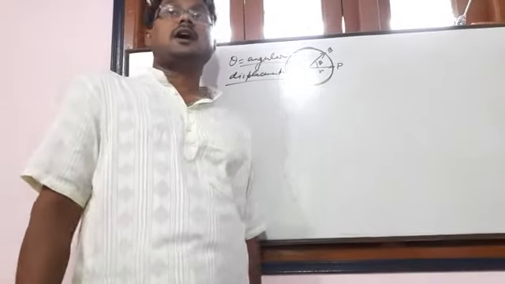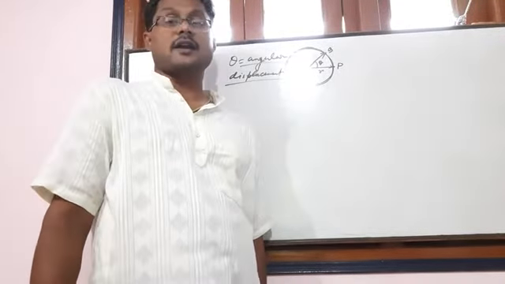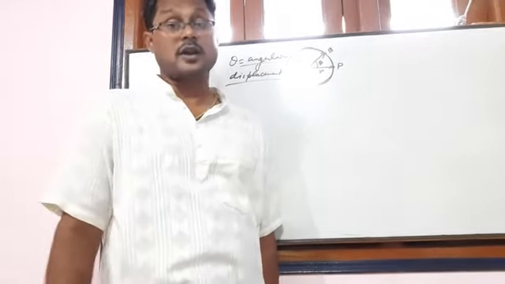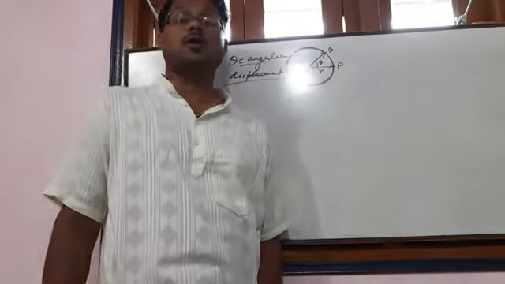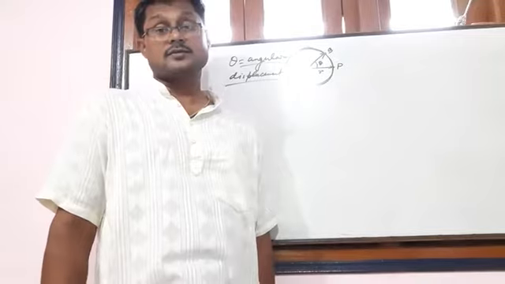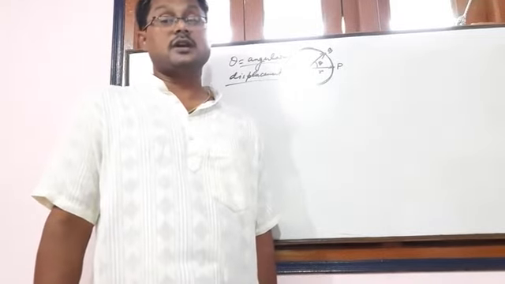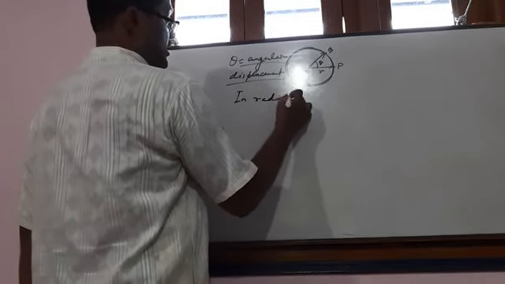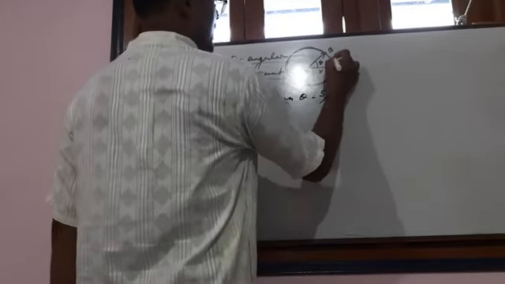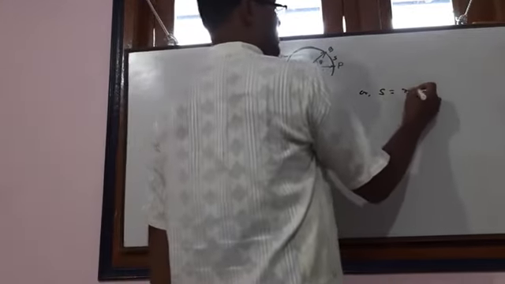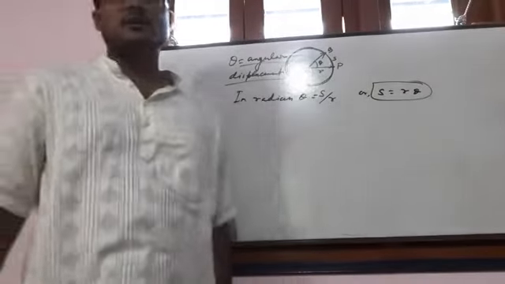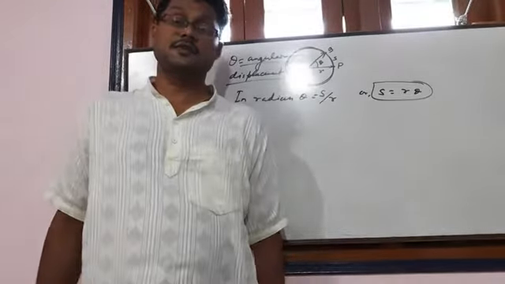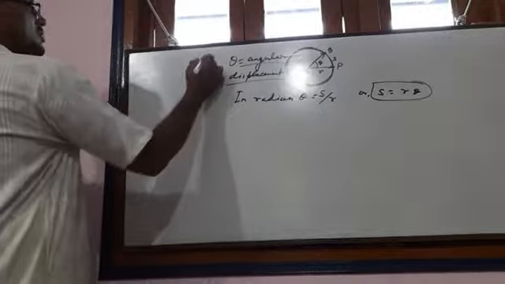Now theta can be measured in degree, radian, and so on. You know very well in which units the angle can be measured. But here you have to keep in mind, theta is always measured in radian. So in radian measurement, theta equal to S by R, or you can say S equal to R theta. So here you can find the relation between linear displacement and angular displacement. This is the first topic, angular displacement.